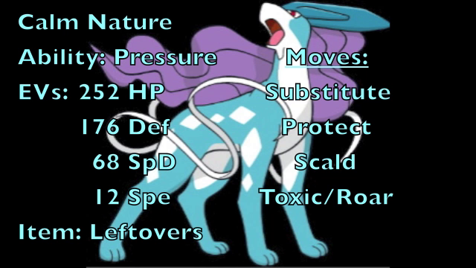So basically, if your opponent is trying to break your Substitute, you have Protect and Substitute up to basically mean that your opponent has to use at least 4 PP of some move in order to eventually break your Substitute. And on the turn they break your Substitute, you can just go for a Substitute again, Protect on the next turn, and then they have to break it again. So you can see how this set can be very, very frustrating for your opponent to deal with,